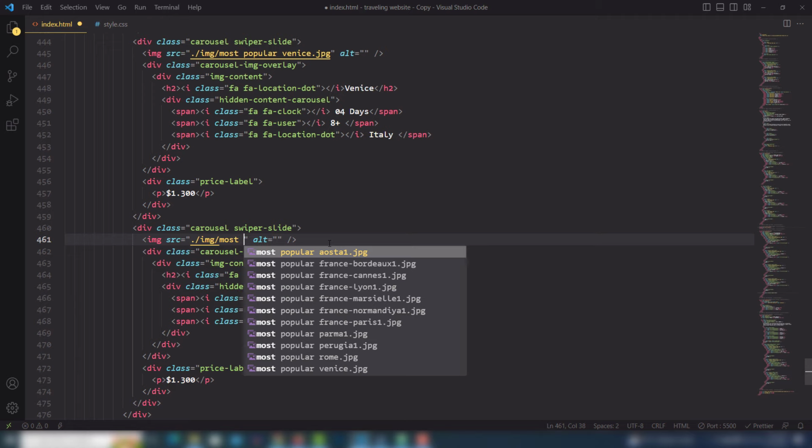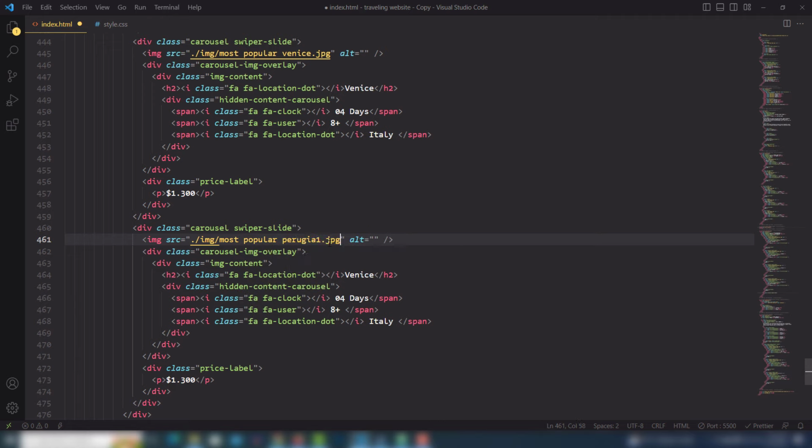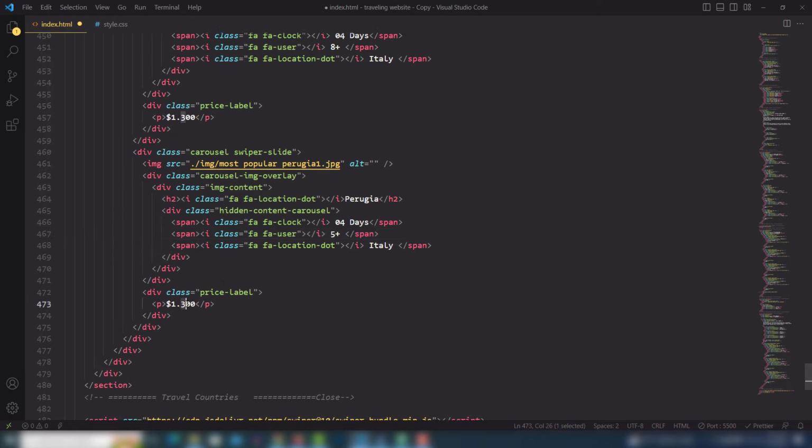In the third time, I need to change the country name, most popular. This one, and I'm gonna use Puglia. And the countries 4 days, 5 days, I mean 5 plus. And this is also Italy, and the price is 1,750. Yeah,